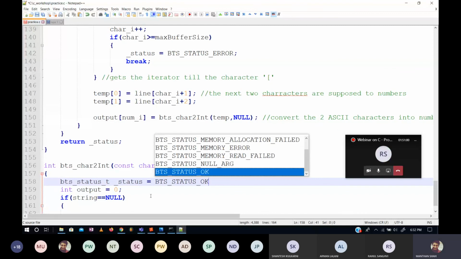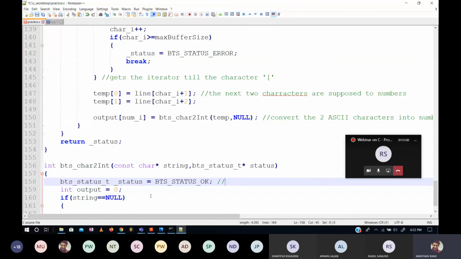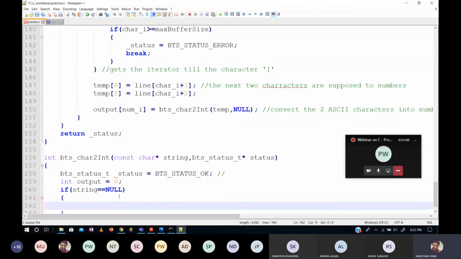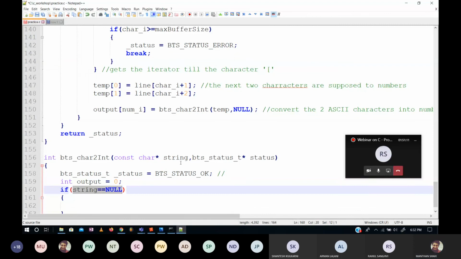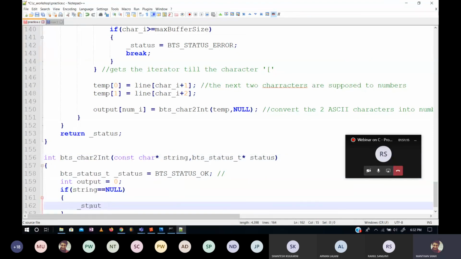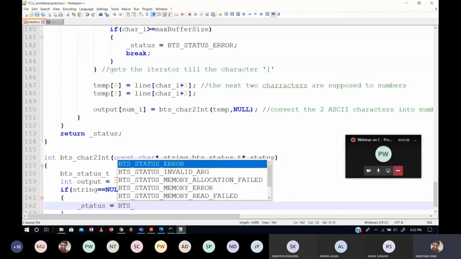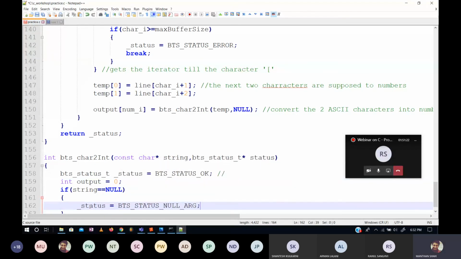This is the status macro, signifying that initially everything is okay. Now if string is null, which is this input parameter, then underscore status is equals to null argument